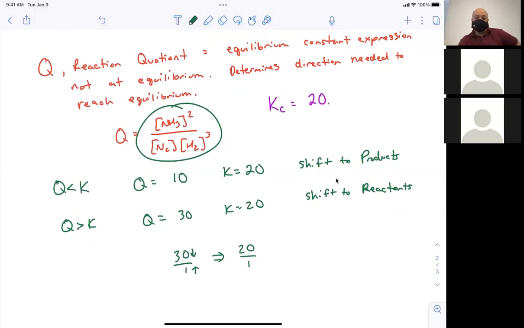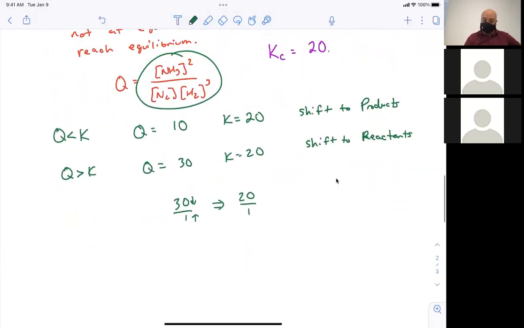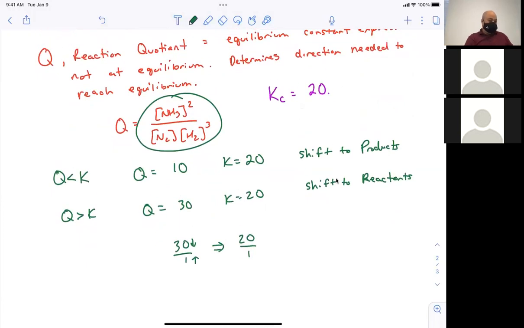Questions about Q and K? Oh yeah, shoot. I feel like we've used before the shifting to the right or shifting to the left. Is that Le Chatelier's principle? Oh, yeah, okay, so that's correct. We are going to talk about that in a little bit. Okay. Now,